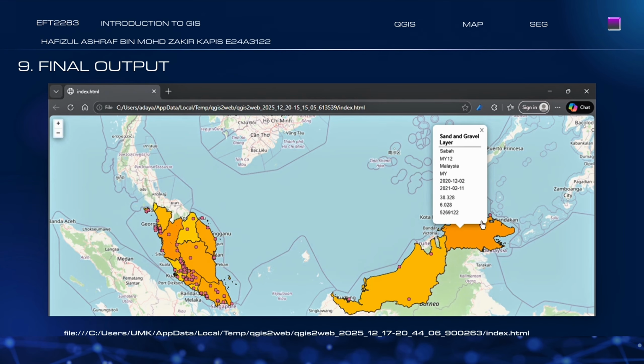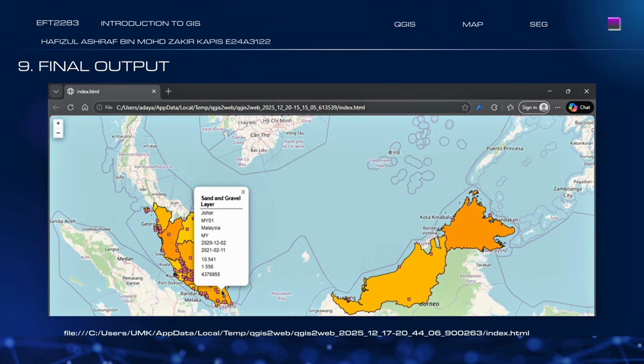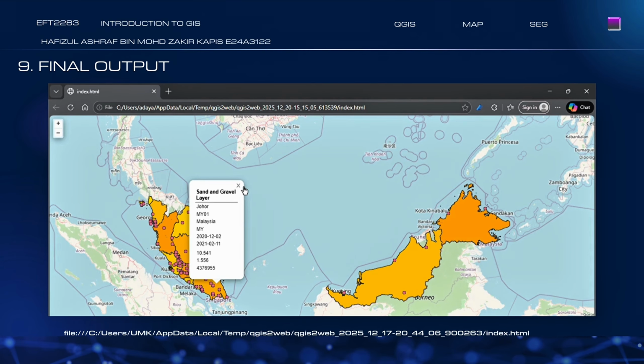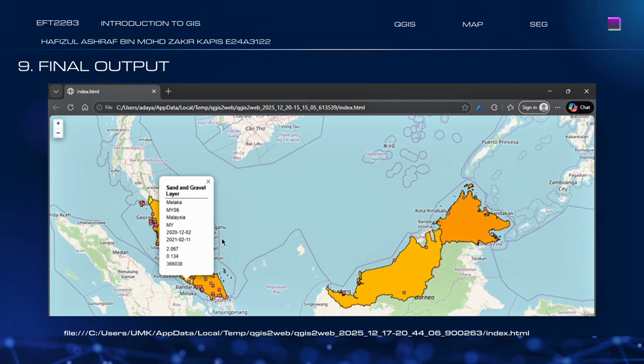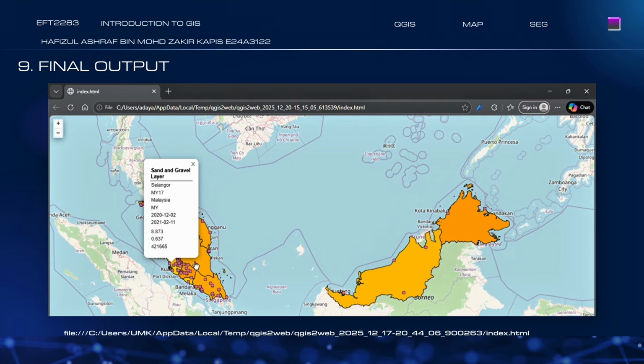We have Sabah, we have 526122. And for the Sarawak, we have 622757. And at Johor, we have 4376955. At Malacca, we have 366038. And for the Pahang, we have 3207755. At Selangor, we have